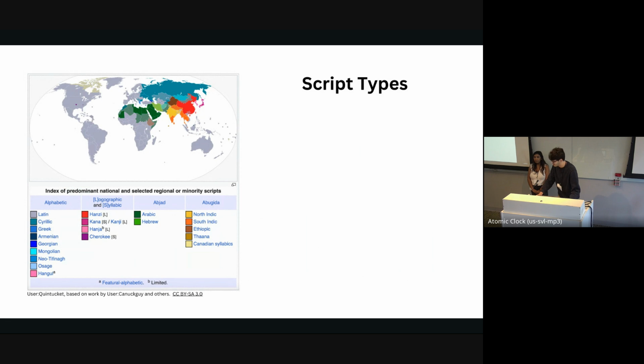Beyond that, we can also take a look at the different script types. So we're showing this graph from Wikipedia to look at what we have here. In general, this is a map of the distribution, and these are the types here. So you see, for example, that alphabets are used everywhere around the world. But past that, logographs and syllabic scripts are generally just used in East Asia. But there are also some examples in the Americas. Beyond that, prominent abjads are in the Middle East, while abugidas are also quite spread out, but there's a pretty significant concentration of them in both South and Southeast Asia.